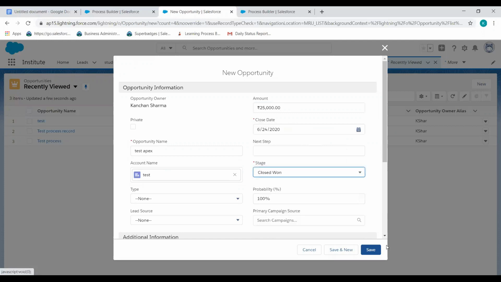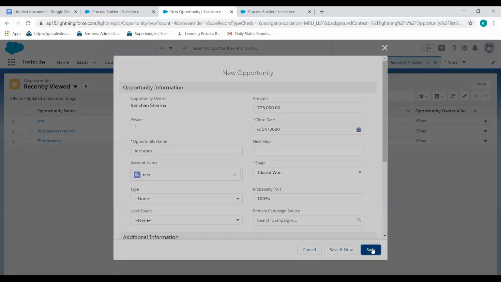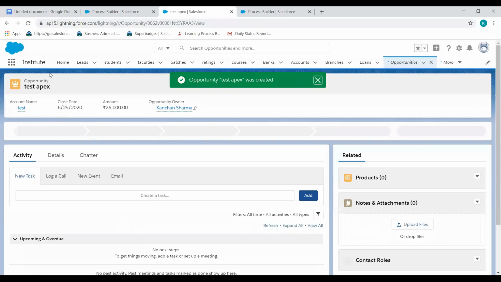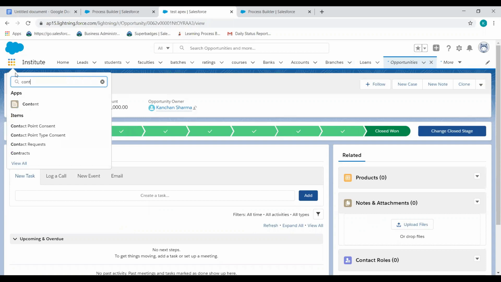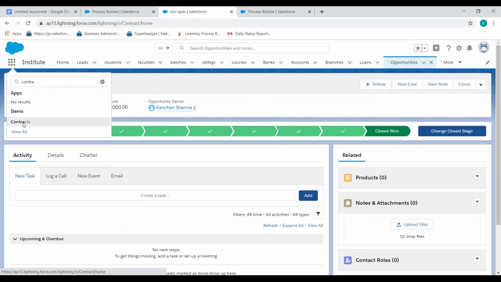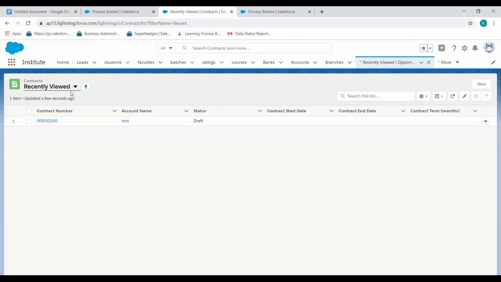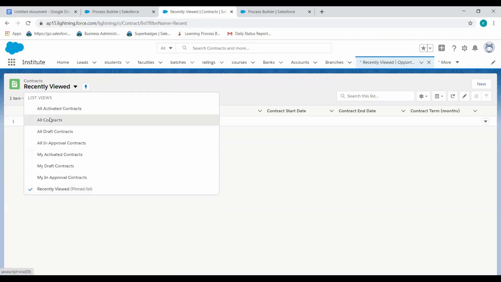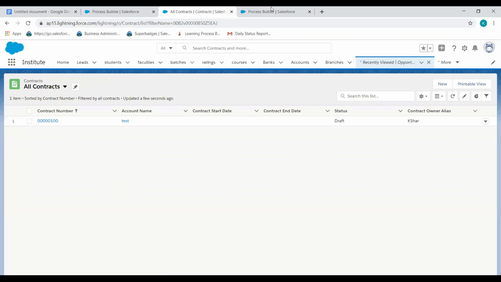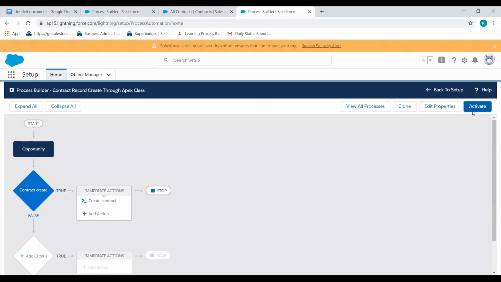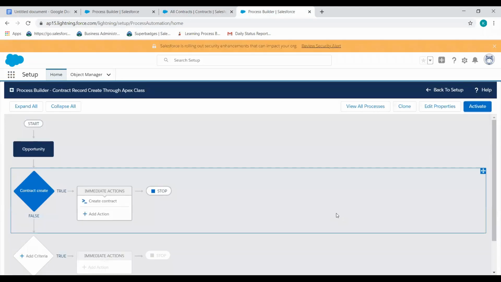Now you can see no contact record will be created, because we didn't activate our process. You can see there is only one contact record. Now we activate our process and let's see if this will perform.